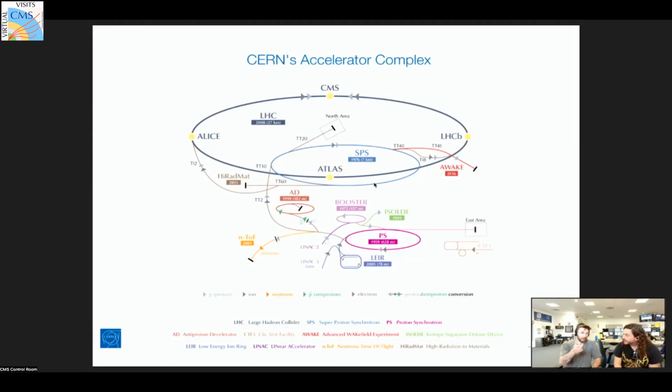But they inject into one another, which is kind of cool. So you start the beam in the smaller one, get it up to the limit, inject into the next one, get to that limit, and then into the LHC. Yeah, it's almost like the stages of a rocket where you have a first stage to accelerate to a certain speed, and then you have more stages.